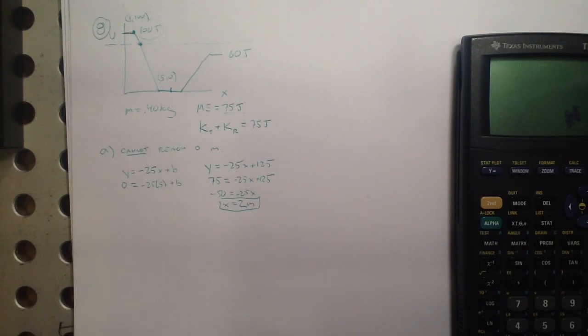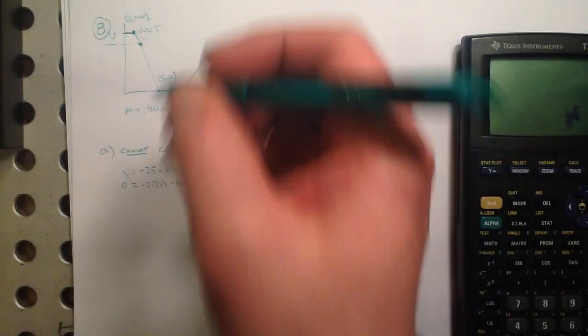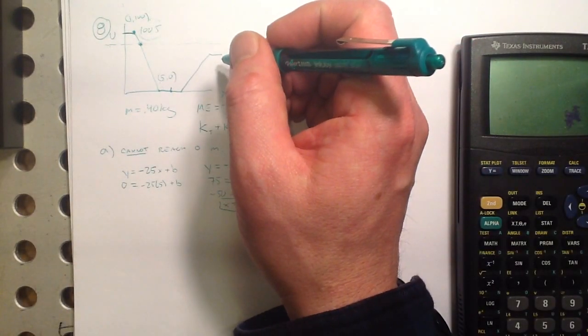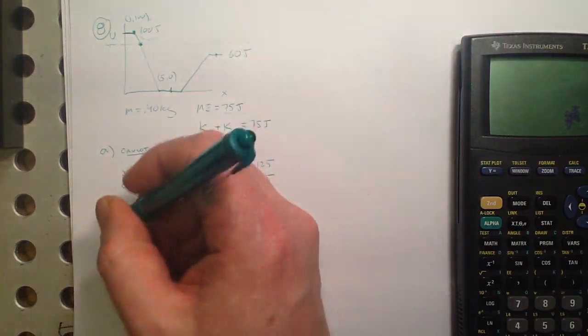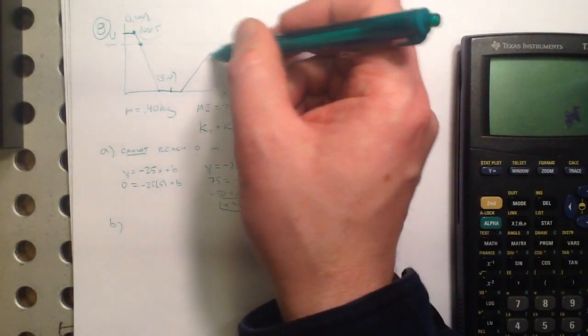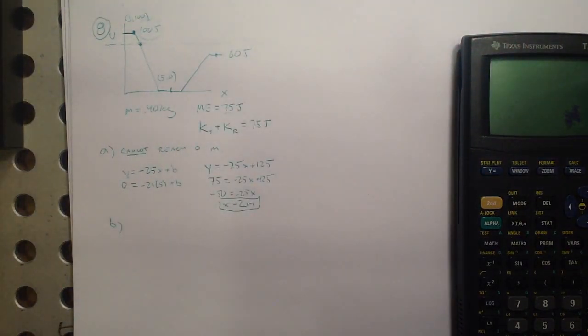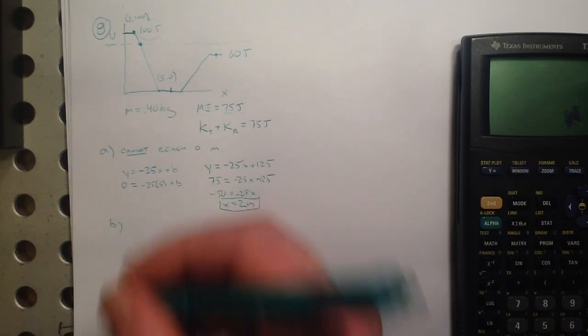Now, suppose instead it's headed in the positive direction of the x-axis when it's released at 7 meters with the same 75 joules. If the ball can reach 13 meters, which is up here on the flat, which it can, right? Because 60 joules there, then what's its speed there? And if it can't, what's its turning point? Well, it can